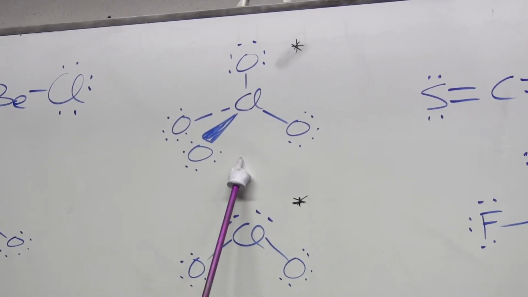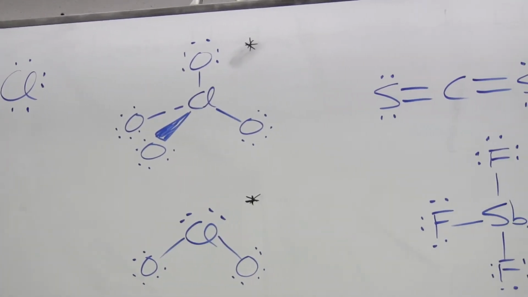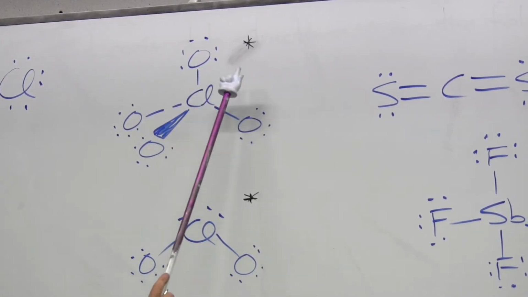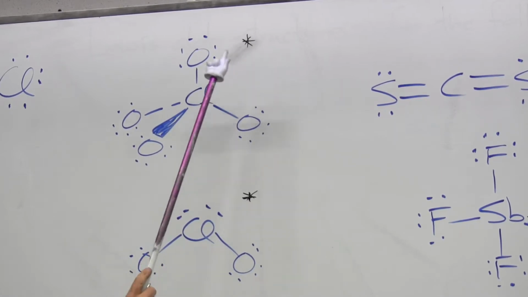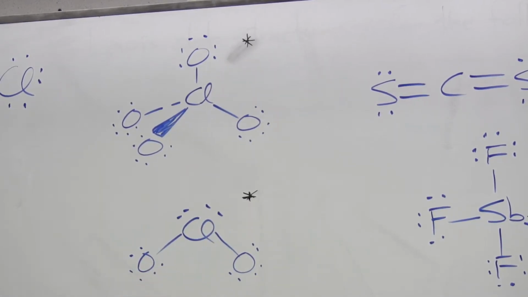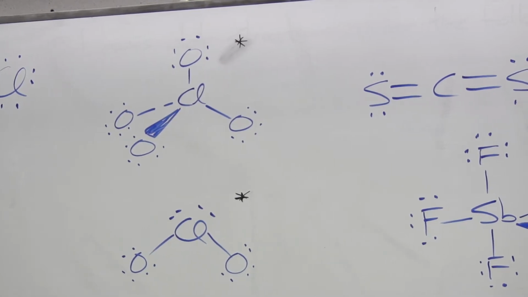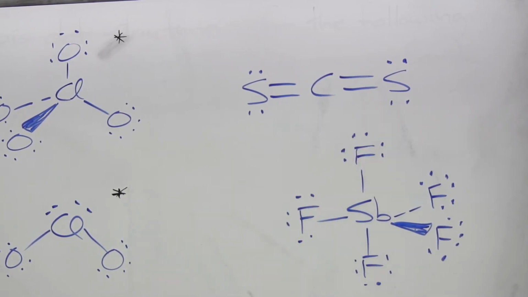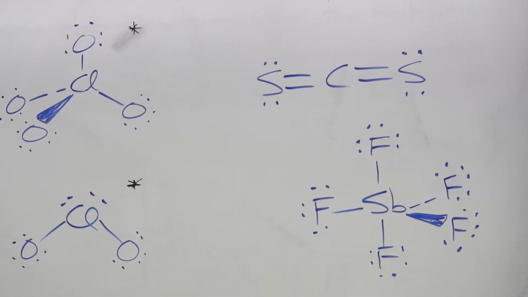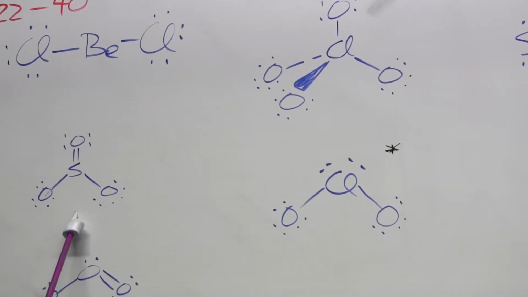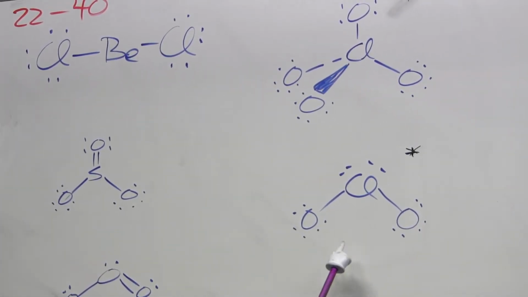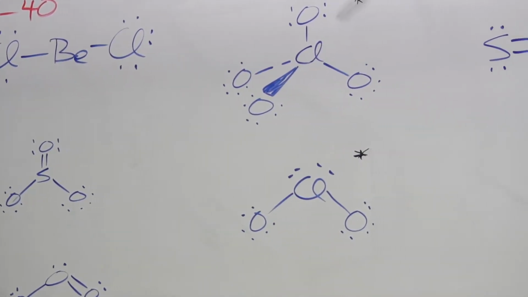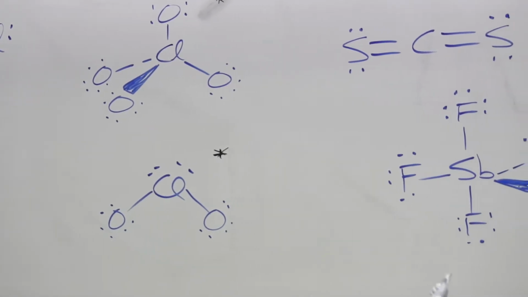perchlorate ion, and since I didn't have any examples with a charged ion in the written part, I'm going to have a little asterisk here, so I'll show you how to do it. We'll go over what different we have to do for that. Then I've got carbon disulfide, which turns out to be another linear molecule, and then sulfur trioxide, the neutral molecule, the chlorite ion, which is charged, so I've got the asterisk here, so we'll reinforce that. The antimony tetrafluoride